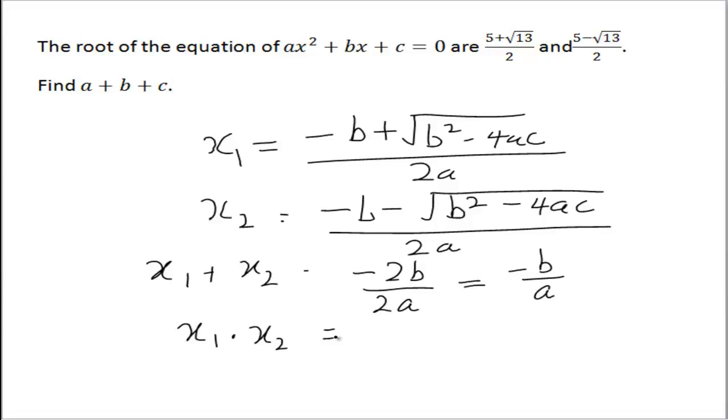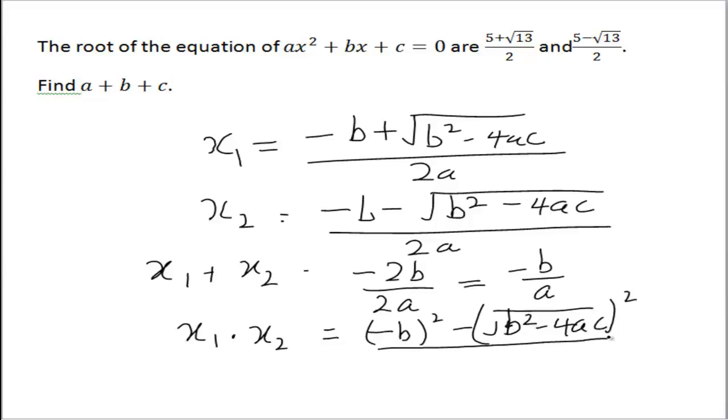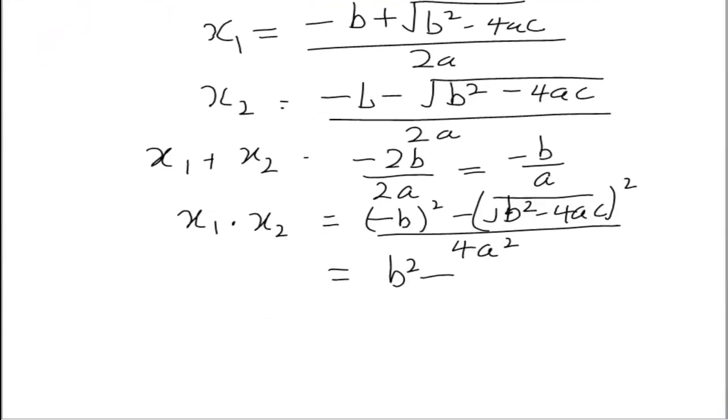If you look at the numerators, it's a difference of two squares, so it's minus b all squared minus the square root of b squared minus 4ac all squared, over 2a. If you're finding the product, it will be 4a squared. So what you really have is b squared minus, and if I square that, I'll eliminate the root sign, so I've got minus b squared plus 4ac